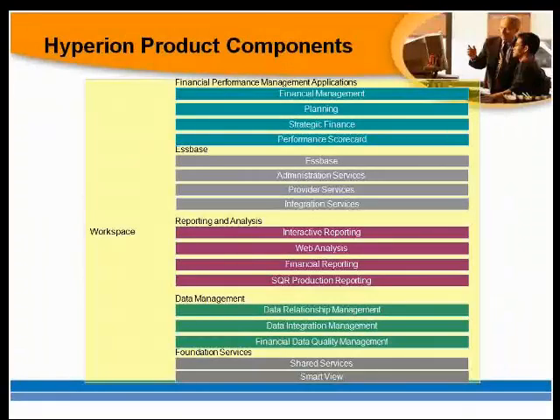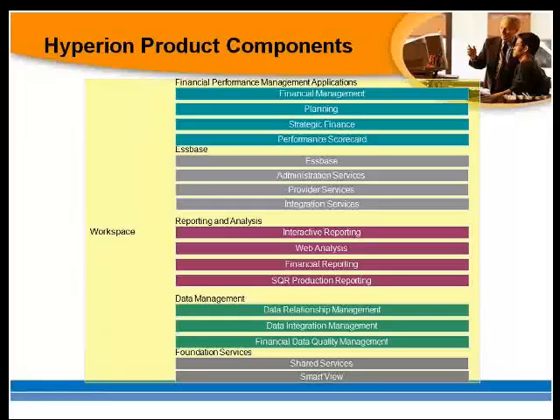You can extract the data and format the data, and you can route it to the printer to get the hard copies, and you can create a soft copy as a PDF, and give it to all the interested parties. And coming to the third section, data management, we have DRM, data relationship management,